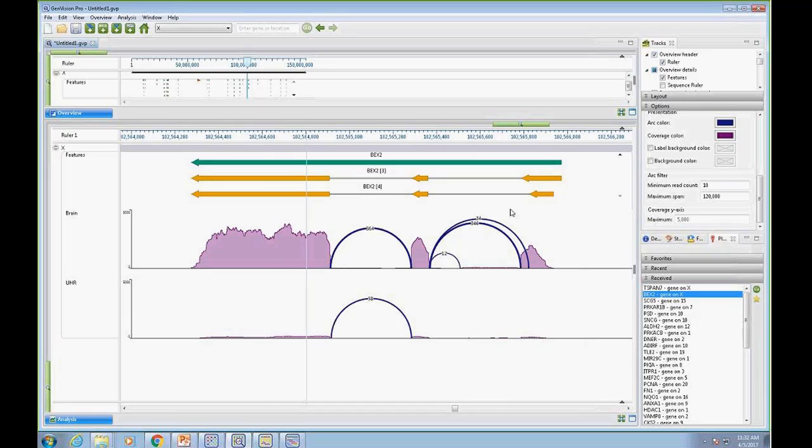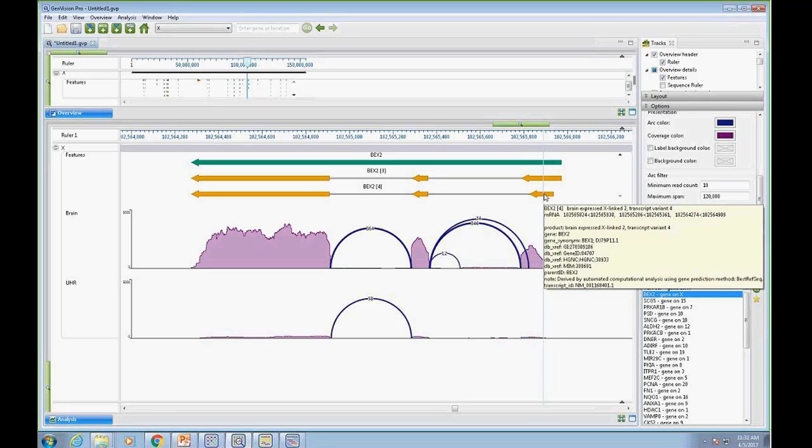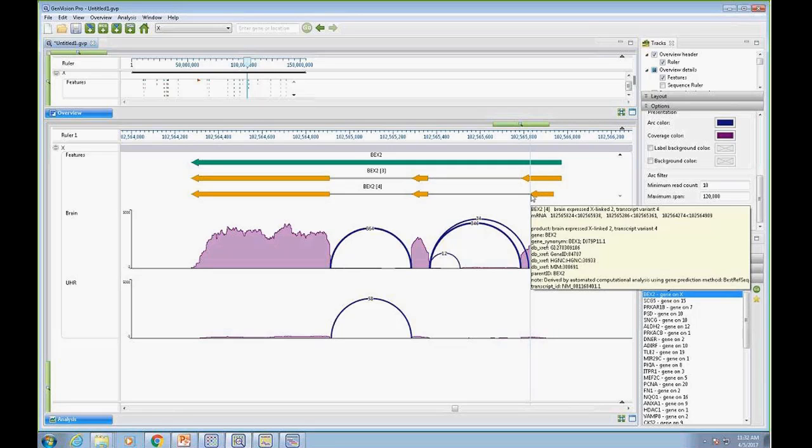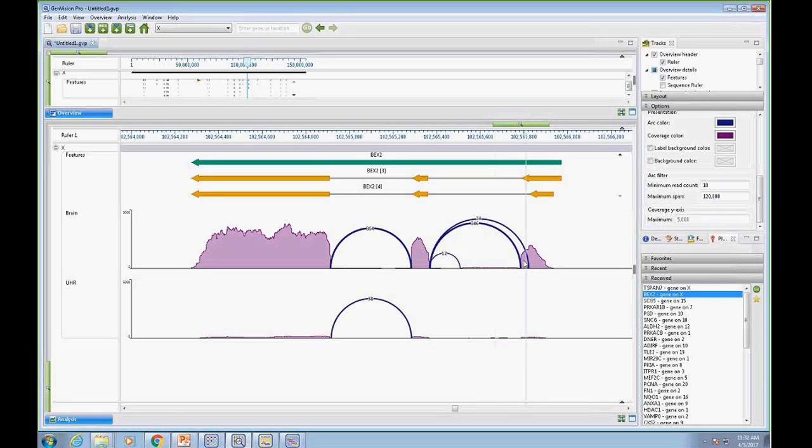And I can look at the annotations now to confirm, is there an isoform? And here, it's a little hard to see this one, but if I hover over the annotation, you can see that this is transcript variant 4, and it looks like with transcript variant 4, exon 1 is a little bit shorter. If I put my selector over that, I can see that's what these arcs are, 34 and 346. Most of the isoforms are this transcript variant 3, but it looks like there's a small subset that belong to this other transcript. So you get this nice picture then